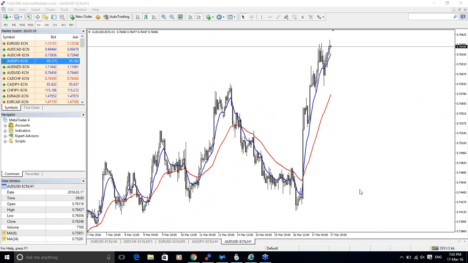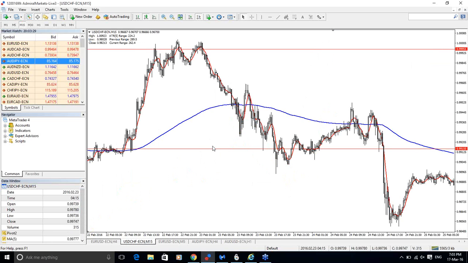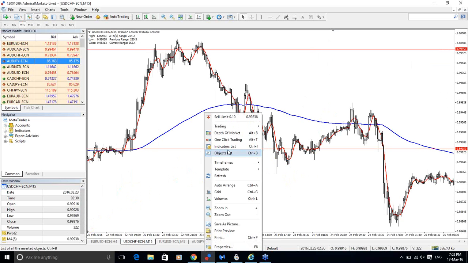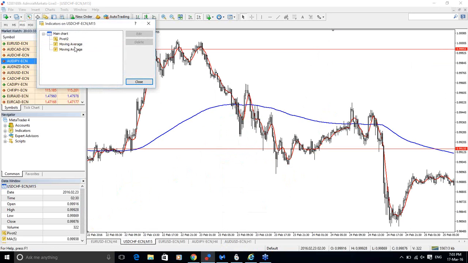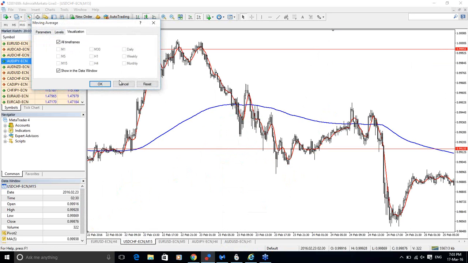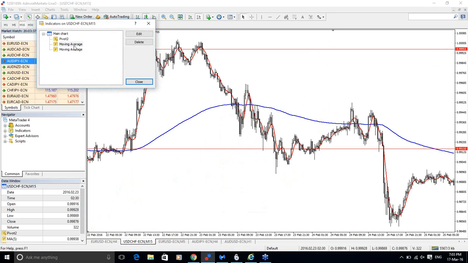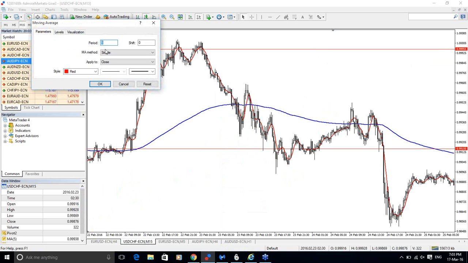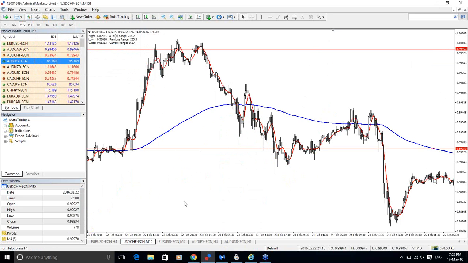Can you repeat the first strategy, EMA settings? Yes. The first strategy, EMA settings. No, there is SMA and EMA. The first is a 5 SMA here. So you see it's a 5 simple moving average applied to close, and the second one is a 200 exponential moving average applied to close. So you can use these 2 settings: 5 SMA, 200 EMA.